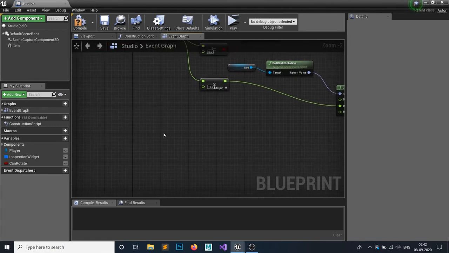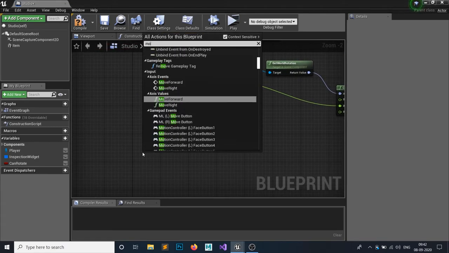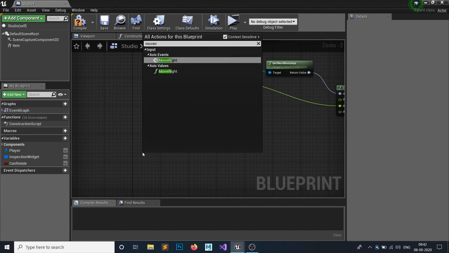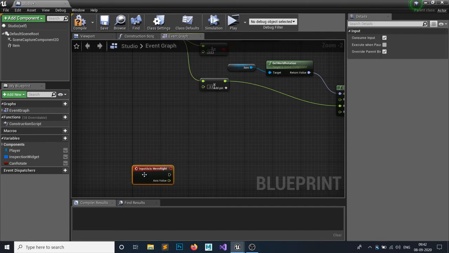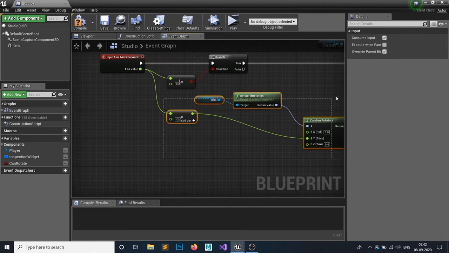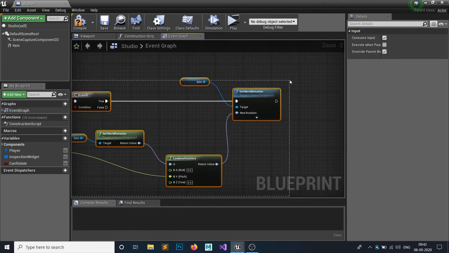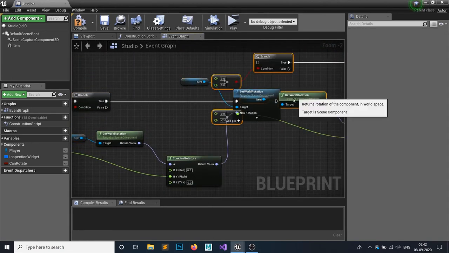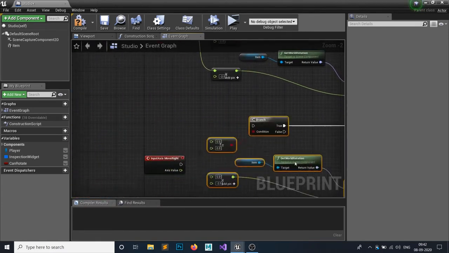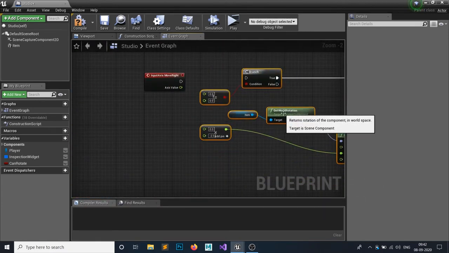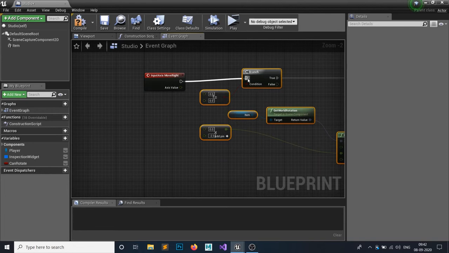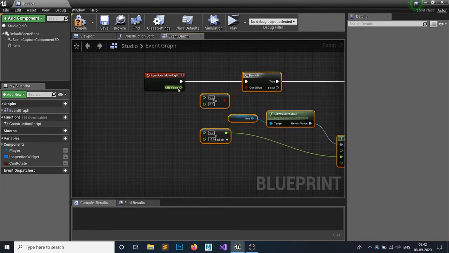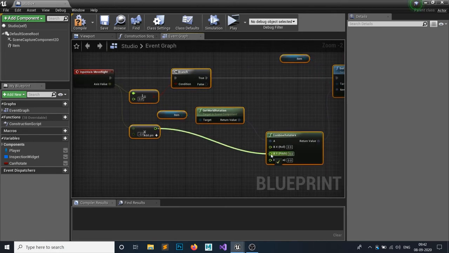Same thing for our mouse right. So move right will be for our A and D keys. For move right, copy all these things from our move forward, attach this to our true part and axis value to this and this, and we're going to make this yaw, not pitch.